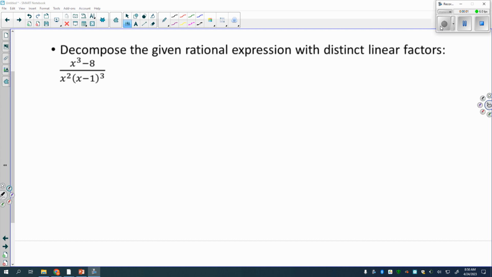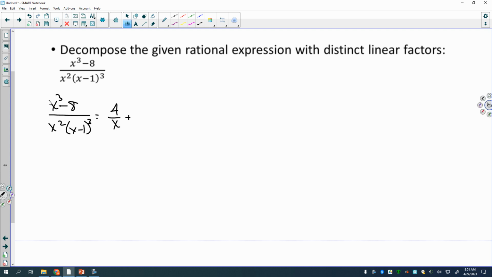Okay, this time it's factored. Factored pretty nicely there in the denominator, so I don't have to mess around with that any. I can just go straight to setting this up. I know that the top does factor, but that isn't going to come into play here. Not something I need to worry about. It's really just the denominators. So I set this up, and